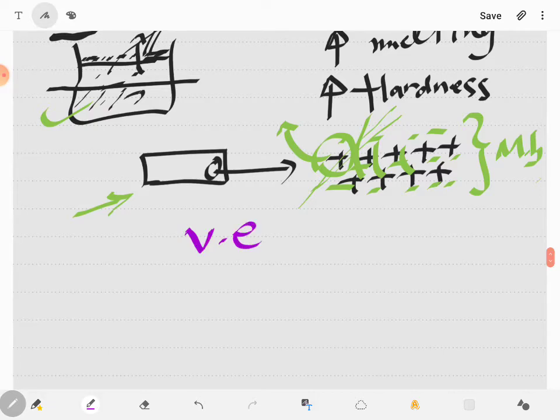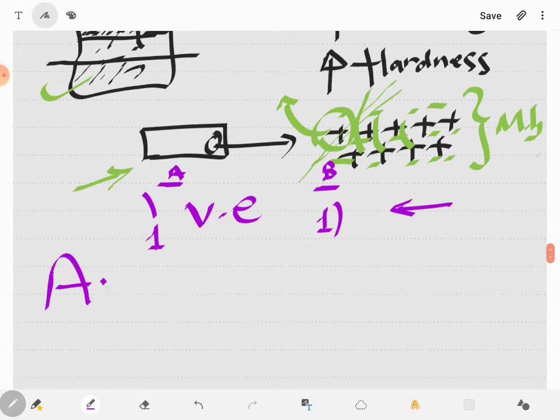For example, I make a comparison, one metal here and one metal here. This is A, this is B. If here one electron and here one electron in the valence shell, if it is equal, so I look for another factor. What is this other factor, Lowell? Atomic radius.